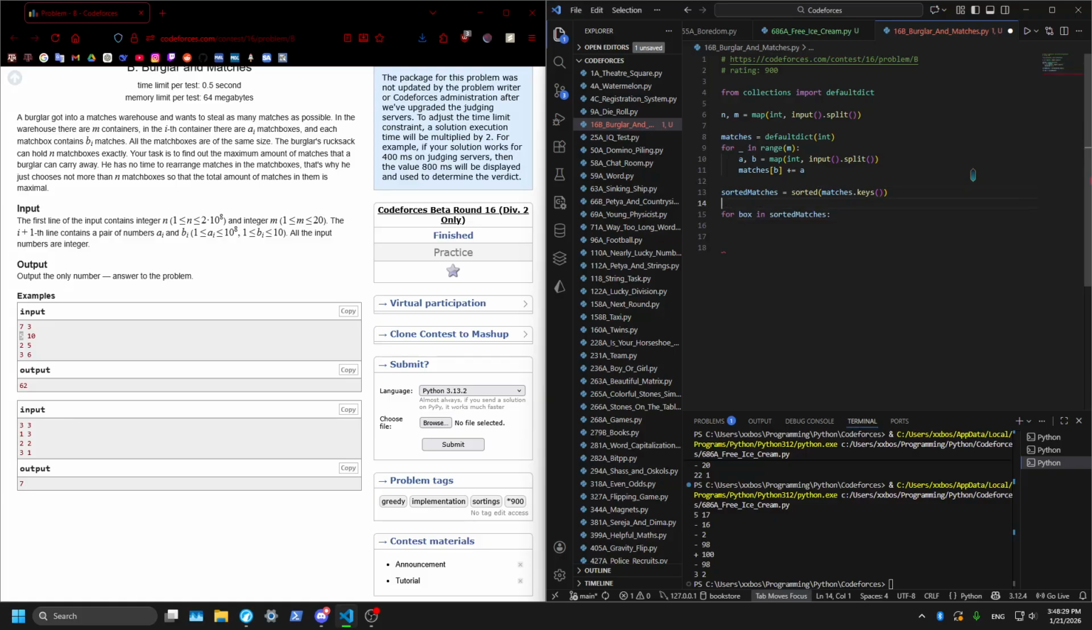We can also track a blueprint, which would be boxes. Wait, what are we trying to print out? The total matches. Okay. Blueprint equals 0. While n is greater than 0,